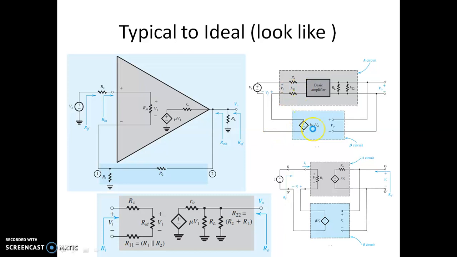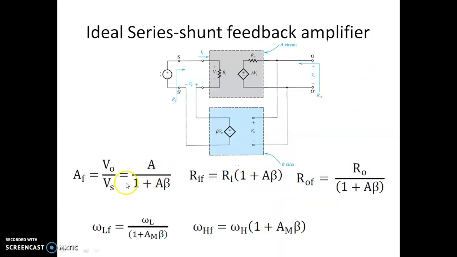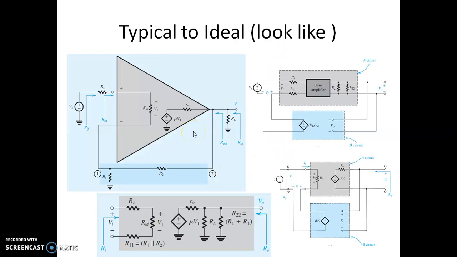Now whatever equation we had in the previous slide, I can still do the same thing, because this practical circuit will exactly look like an ideal circuit here. Can you see, is there a difference between this circuit and this circuit? They are exactly the same. Only thing is that this amplifier should have a different gain now.